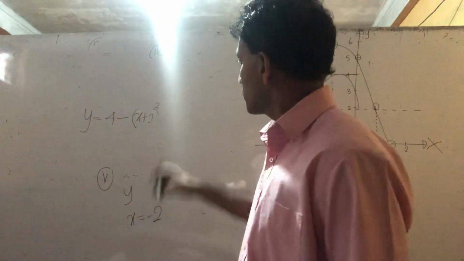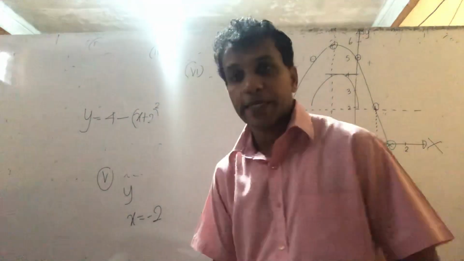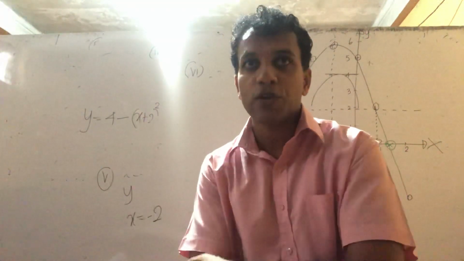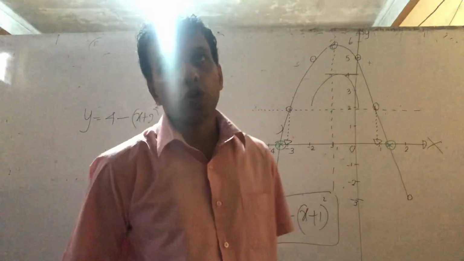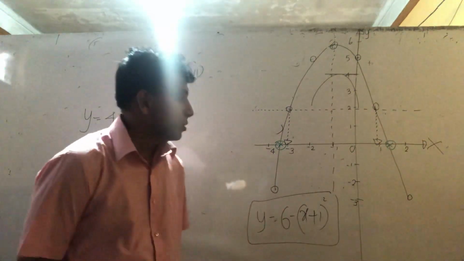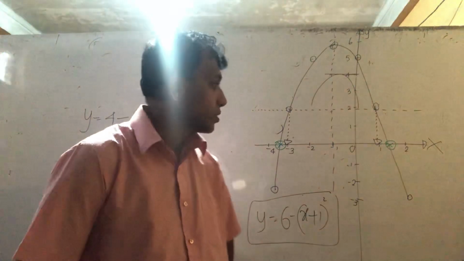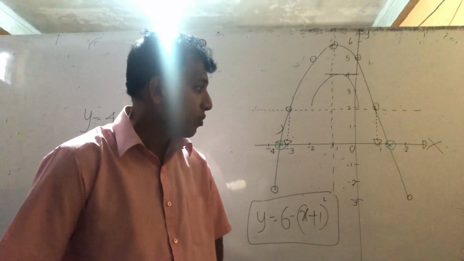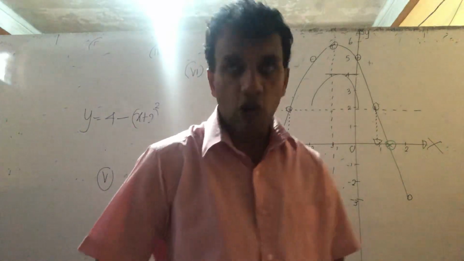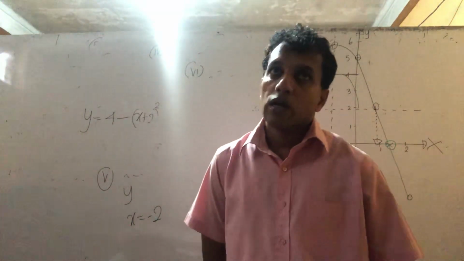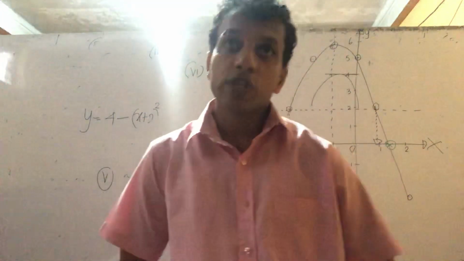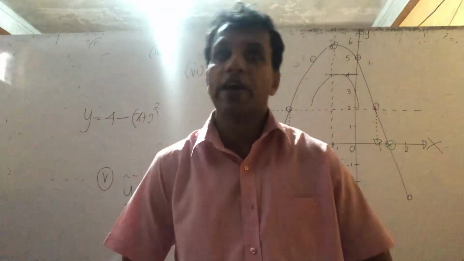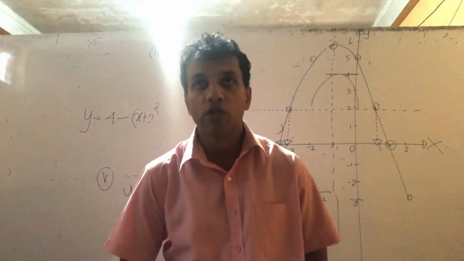Right, next part, sixth one, part 6. If the above drawn graph or function is transformed 3 units along the positive direction of the x-axis,